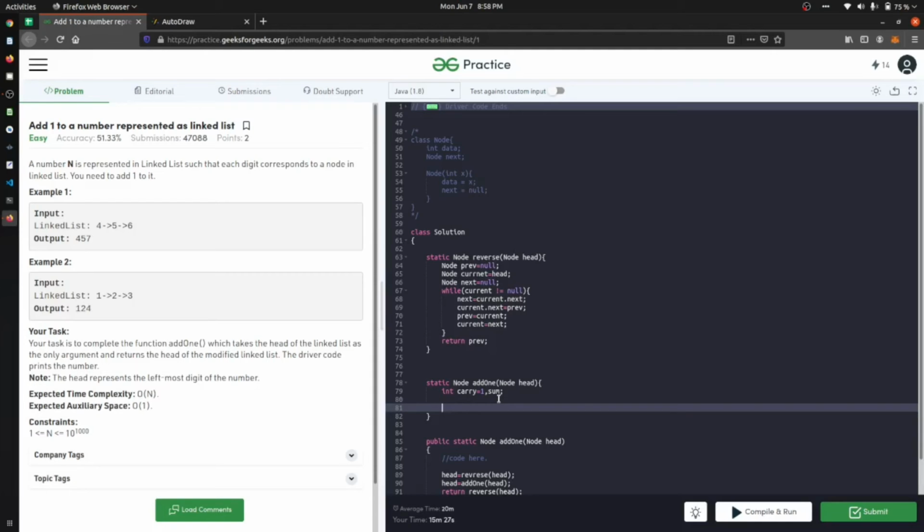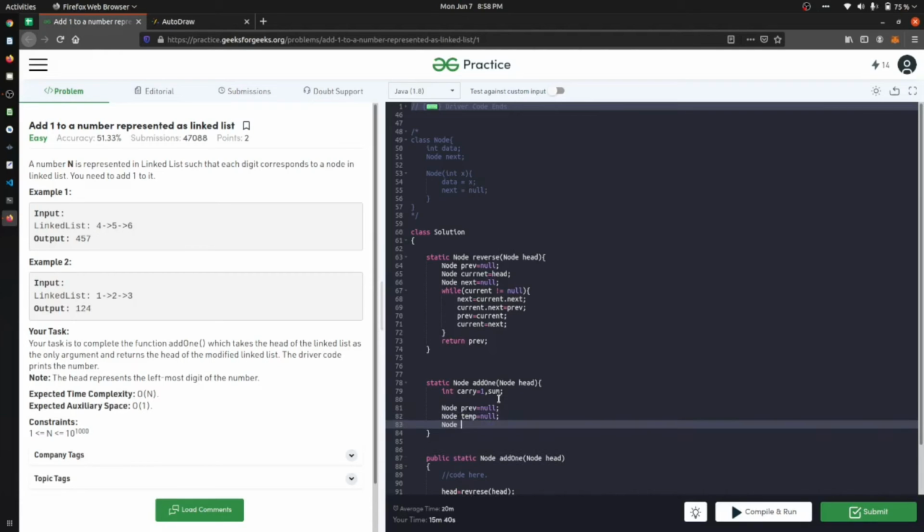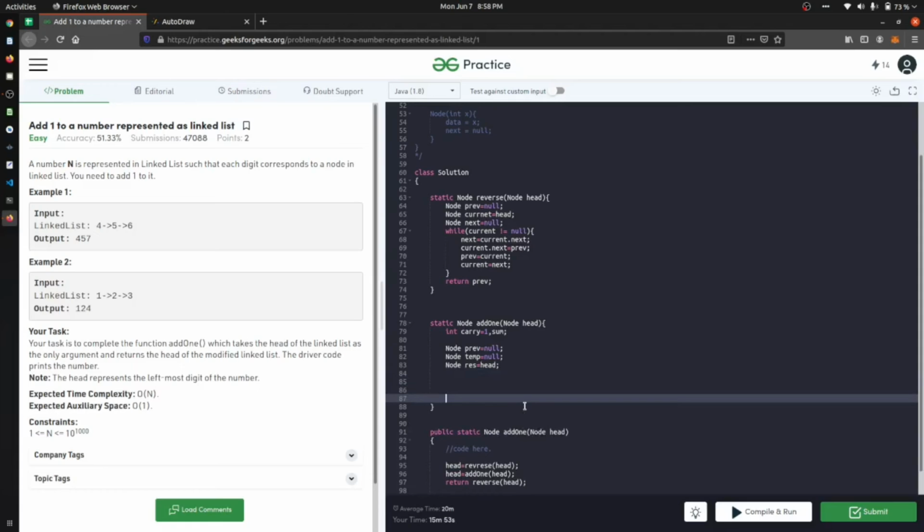So we will have a node previous that will initially point to null. Then we will create a temporary node that will again point to null, and then we will have a resultant node that will track our whole list. I'm going to keep it as res. Now we will iterate the whole thing while head is not equal to null.